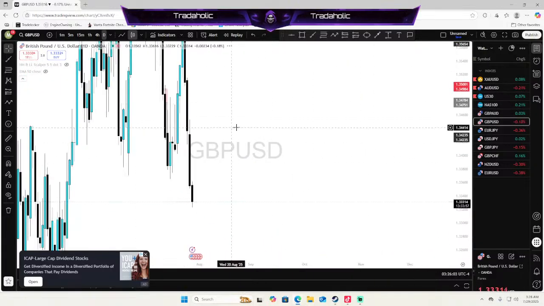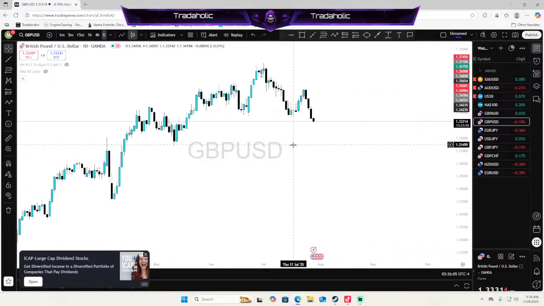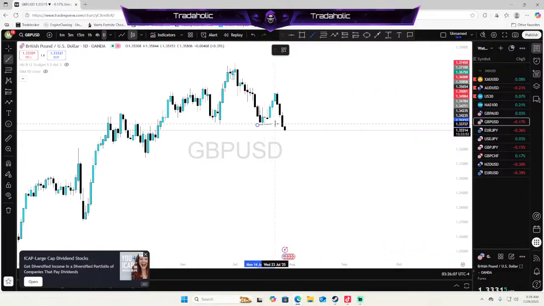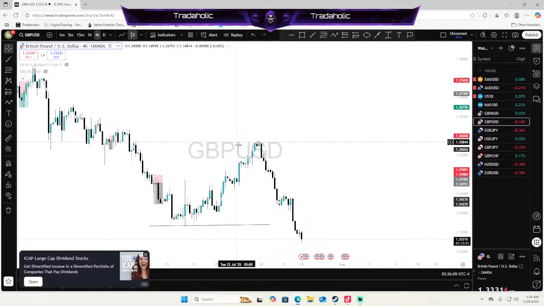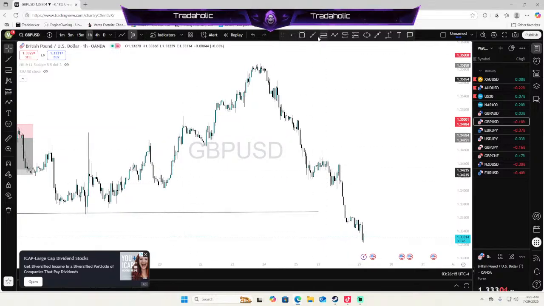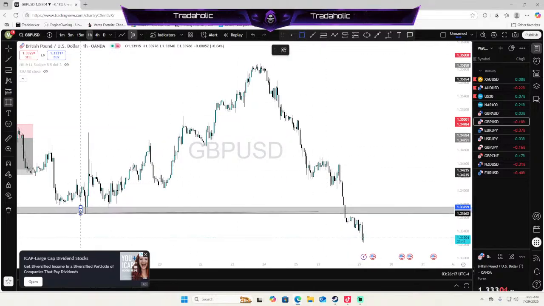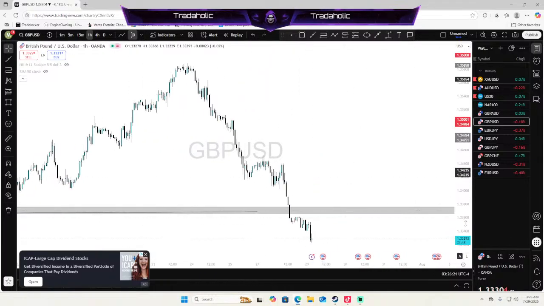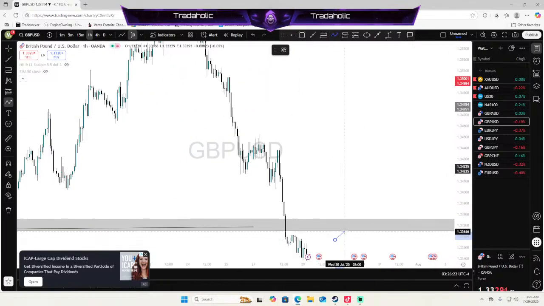Let's look at GBP/USD, daily time frame. We're bearish on the daily time frame, taking out these lows right over here. Let's go on the 4 hour time frame. This is the same level, 4 hour bearish as well, below these lows. Let's go to 1 hour time frame. Same exact level. So we have a break and retest over this overall level. This is the 4 hour, 1 hour, and daily level right over here. We have a break, no retest. So we can look to take some sells if we get a retest up here.